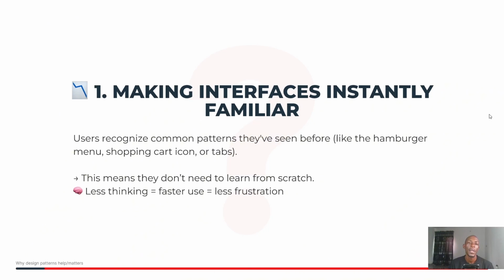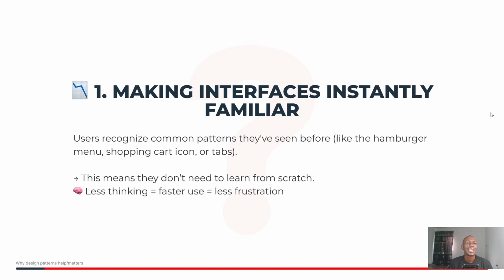interfaces instantly familiar. If you visit a platform like Jumia, you are familiar with the navigation on how to place an order for an item, wait for your order, receive it, add multiple orders, how to check for other elements, how to search for it. You are familiar with that market space online. Now, if you visit Konga, the reason why you see things familiar is because those interfaces are made the same to some extent. It might not be exactly the same, but it's to maintain that consistency,